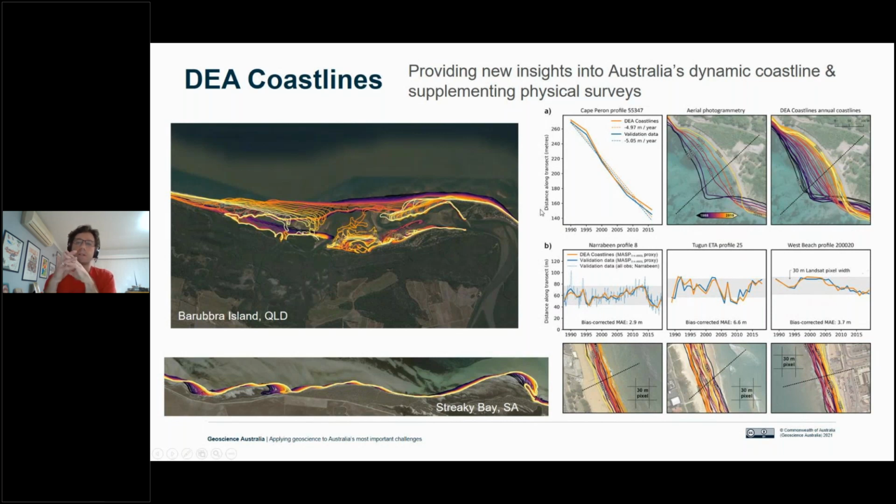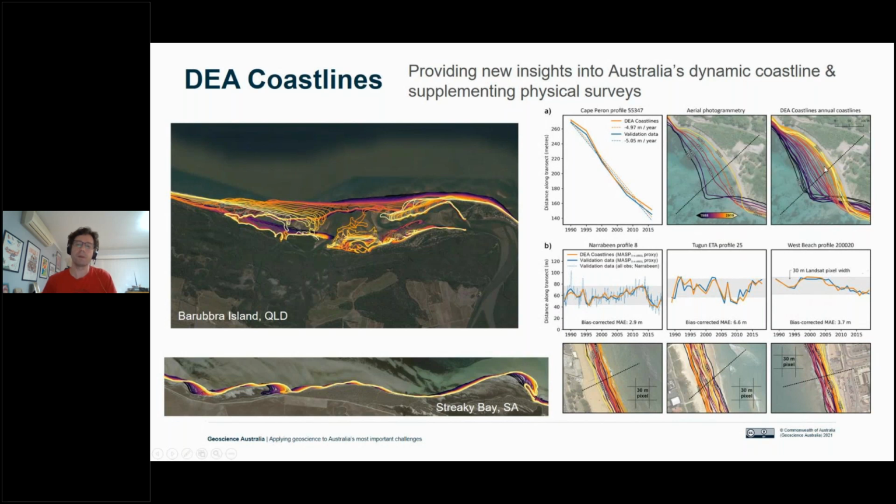Some of the applications, I guess, for us, it's really about, there's a lot of investment put in by different local governments and state governments to monitor the coast, and often it's by aerial photography or photogrammetry, and that's quite costly. So, for example, this is an example up here in WA, where they fly that every 5 or so years. We've actually got the ability there to not only validate using this data on the left here, but also infill those gaps, so you get a much richer time period to analyze